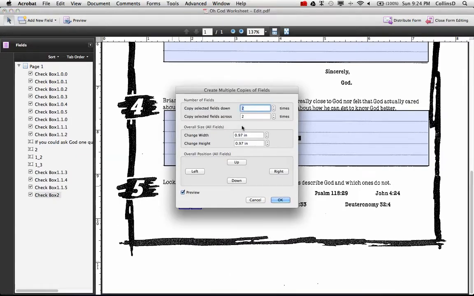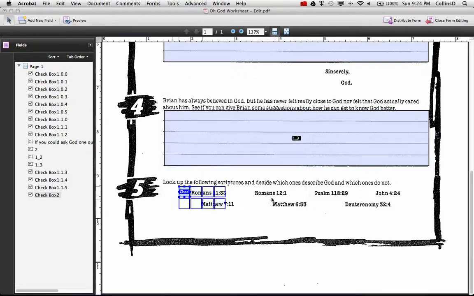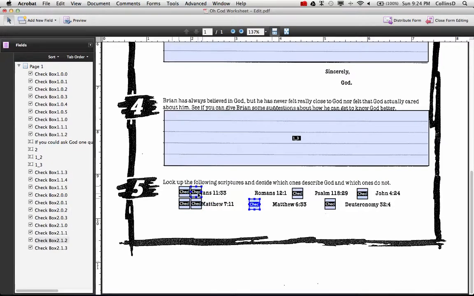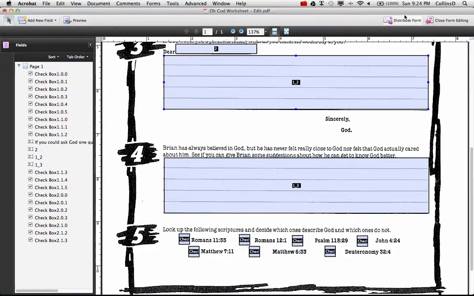In this case there's 7 boxes, so I'm just going to go 2 down, 4 across. I'm just going to do these ones individually, it won't take me very long. I'm going to get rid of that one, so I've got Matthew. And now what I should have, if I close form editing,